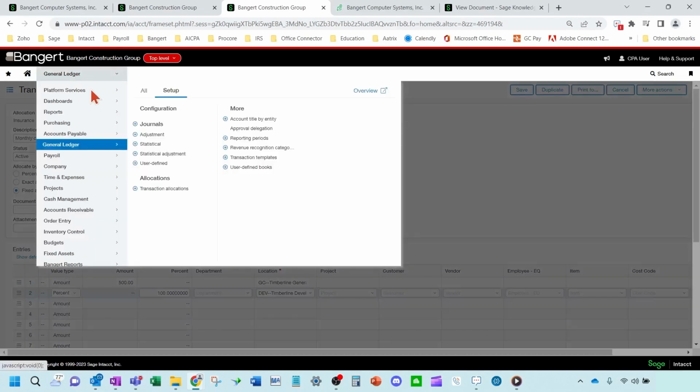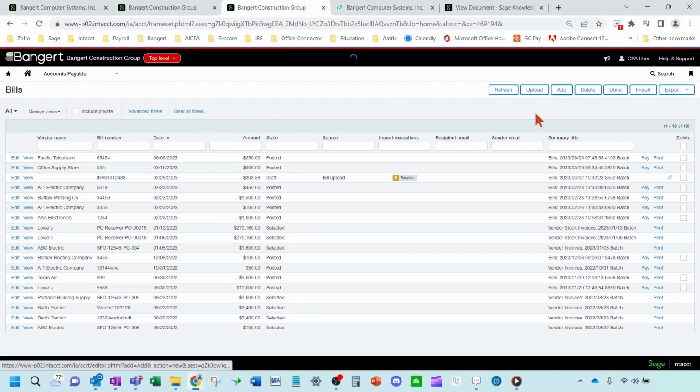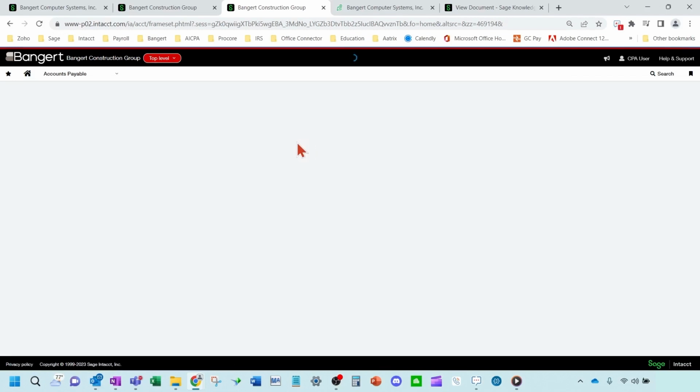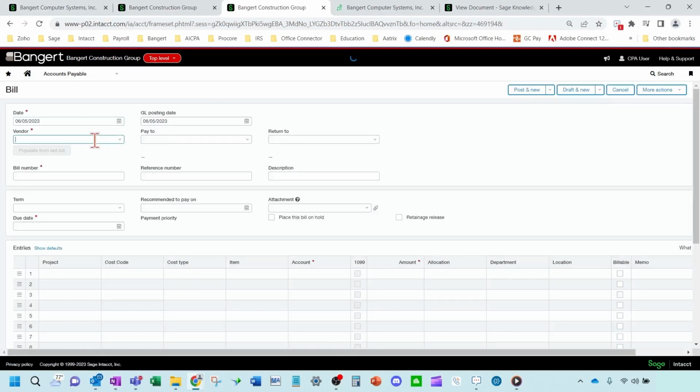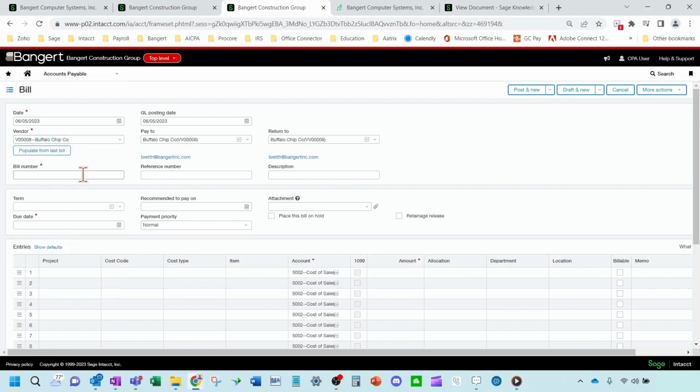So in the accounts payable bills, let's create a new bill. Let's just pick a vendor here, it doesn't matter. Type in a bill number. We're going to pick our insurance account here.